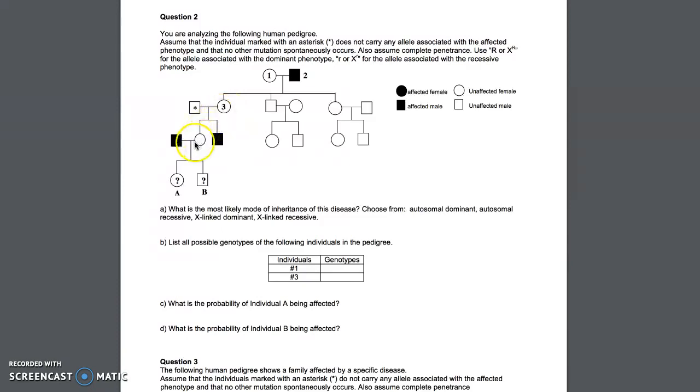If grandma passed it on, there's a 50% chance that she would pass it on to her daughters. Okay? And it's the same chance with the son because this is X-linked. Dad is only going to give his Y to this individual. Right? So it doesn't matter that he's diseased for the son. We still have to go back to grandma, 50% chance, 50% chance. We multiply 50 times 50, it's 0.5 times 0.5, and we get 25%. Okay, so hopefully that makes more